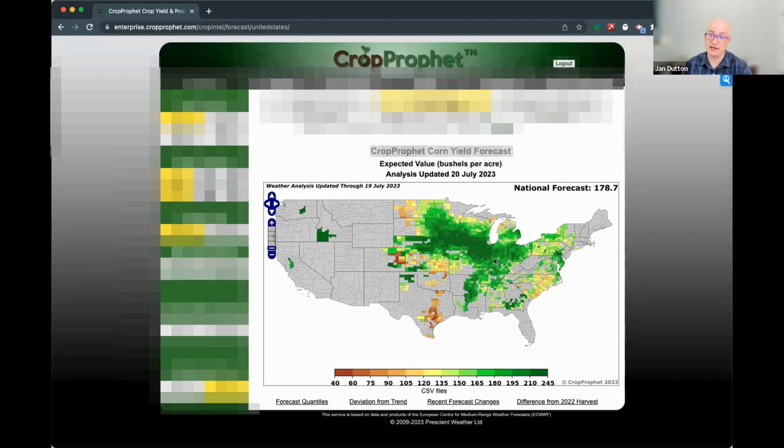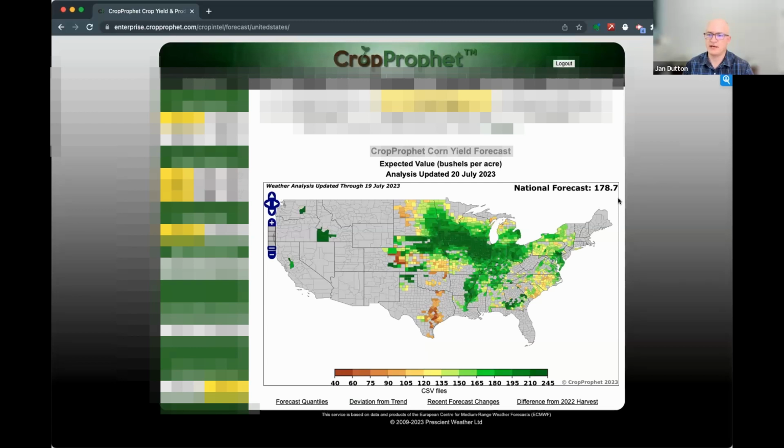Because we're modeling that impact, we're trying to get ahead of the market in terms of risks to production, or the opposite, opportunities for production, so in terms of perfect weather, producing a higher than normal yield or production. Within our tool, we provide access to our corn, soybean, and wheat yield forecasts that are updated daily, as the weather is evolving during the season.